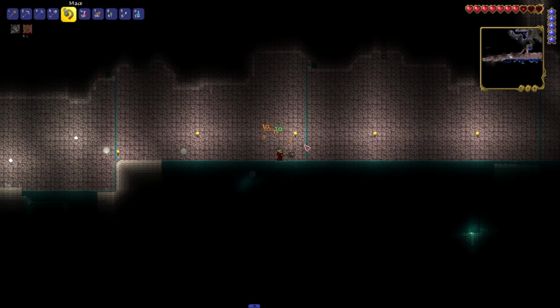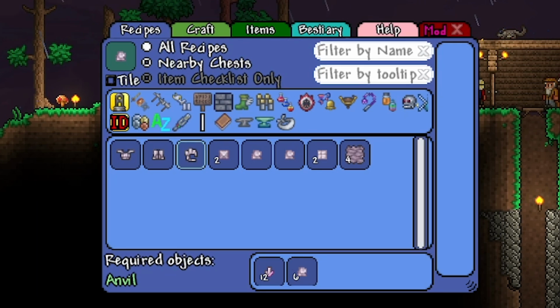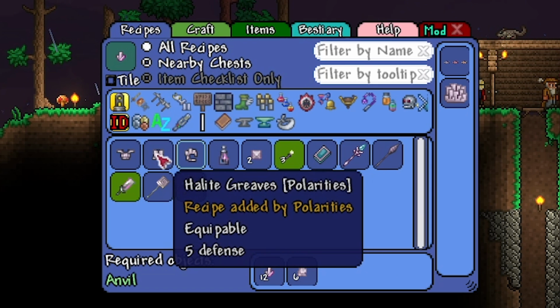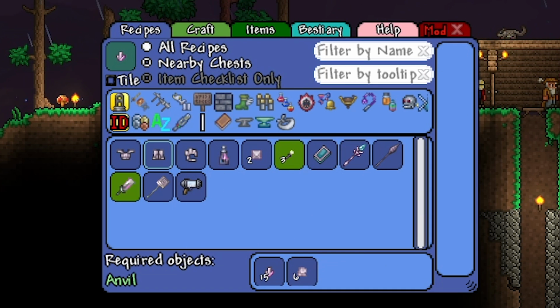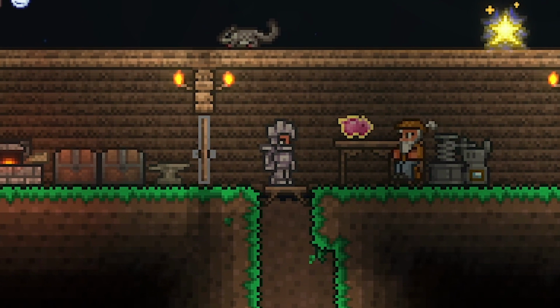Grinding this out was a little annoying, but I might have just been undergeared for this biome. The first thing I crafted was salt armor, which, as expected, gave me the set bonus that made me immune to the salt biome's water debuff. The armor was fine, but for the trouble I went through to get it, I'd probably have been better off